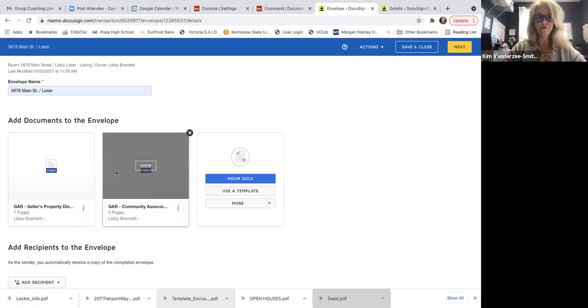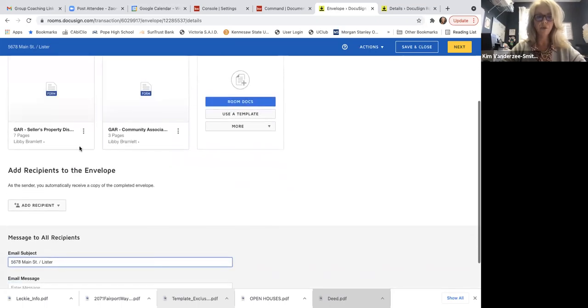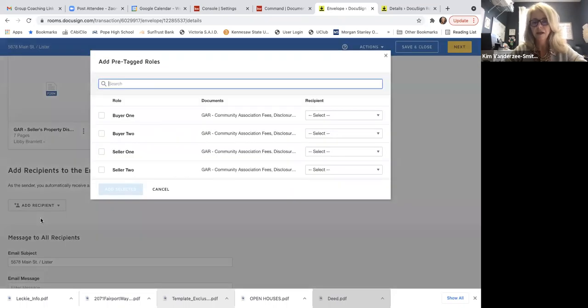Now, this is the blue fillable form, so this is a live form. When you're working with that, you're going to select a recipient and you have to use the pre-tagged role. If you choose room participant, you'll notice that none of them are fillable. I've made that mistake and sent it, and they said, oh, I can't fill it in, it won't let me click on the boxes. That's because you chose room participant and not the pre-tagged role. When you click pre-tagged role, it's already been